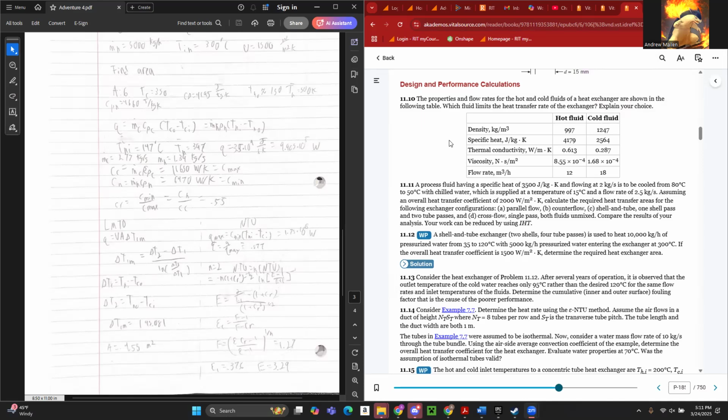So, just to go over it, the log mean delta T is equal to delta T2 minus delta T1 over ln of delta T2 over delta T1. In counterflow, which a shell and tube heat exchanger is closest to, delta T1 is equal to the hot inlet minus the cold outlet temperature, and delta T2 is equal to the hot outlet temperature minus the cold inlet temperature. Plugging all that in gives a delta T log mean equal to 145.081